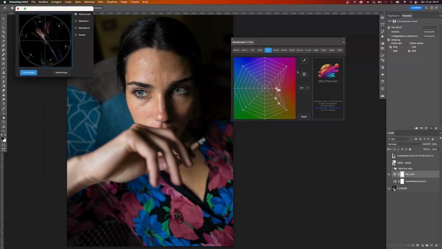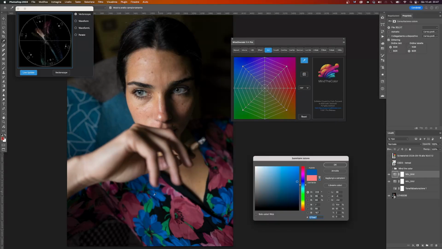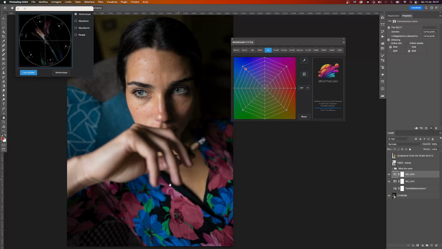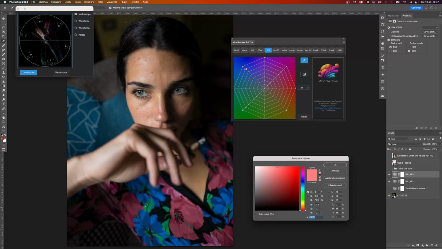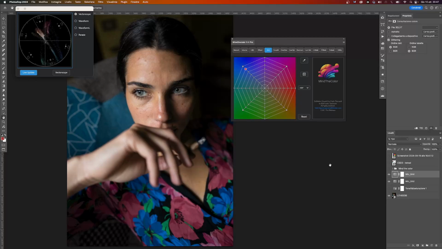So I make another grid, clicking on this button here, create another layer, and now I can select a couple of points in these blue flowers, 1 and 2. Okay, it's the same point.